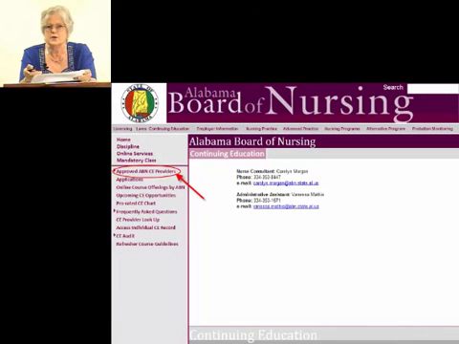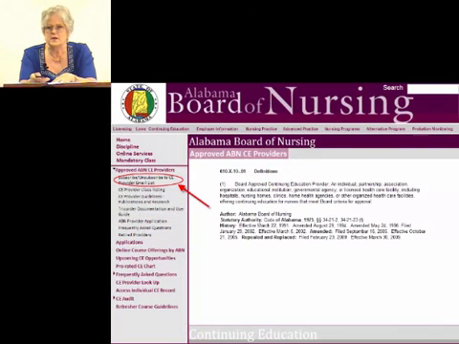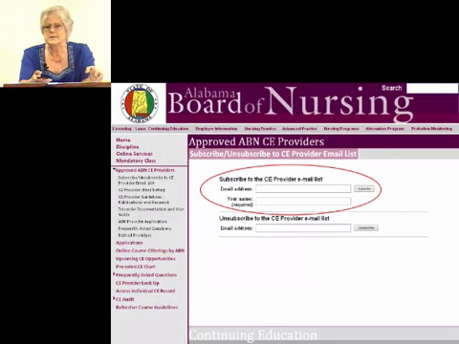Then click on Approved ABN CE Providers. And when you click on that, you will get another menu under that. You will need to click on Subscribe or Unsubscribe to the CE email listserv. You click on that, it brings up the screen where you will type in your name and your email. And if at any time that you hit Submit, if at any time you wish to unsubscribe, you can come back in the same way and go to the Unsubscribe button.